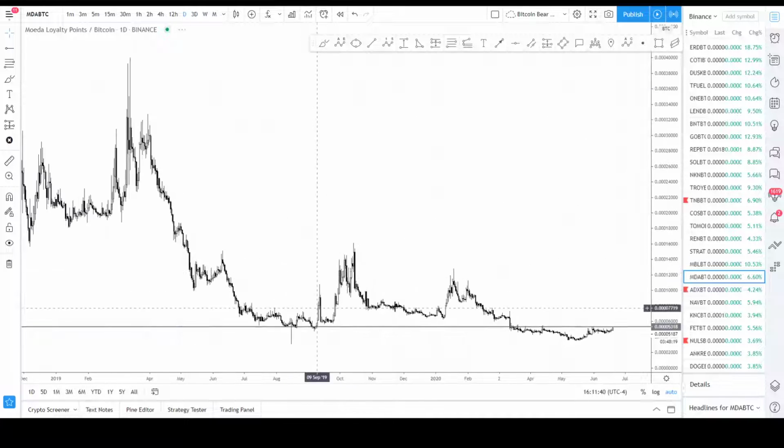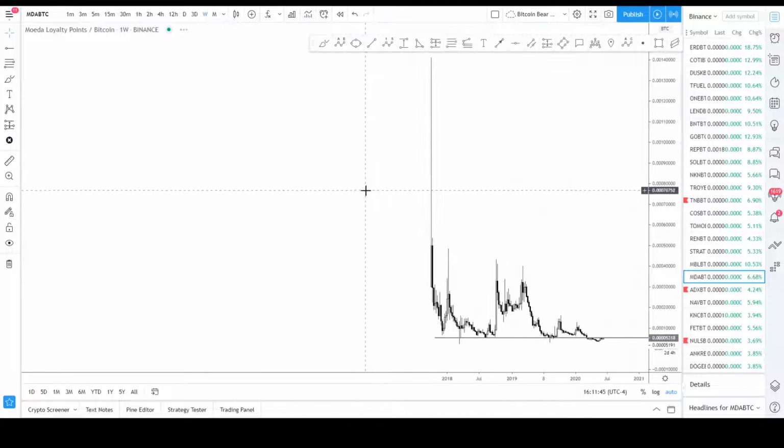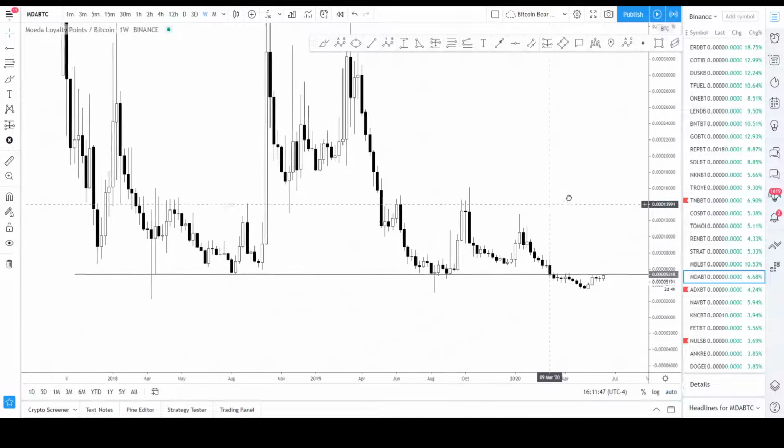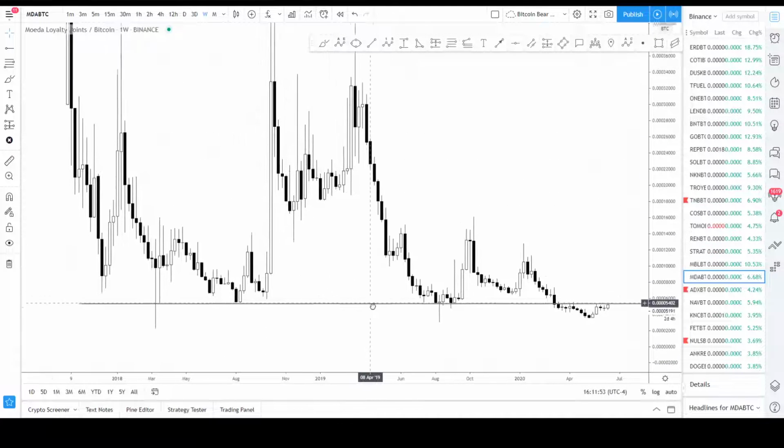Modea loyalty points has something to do with aviation, but this zone is really, really important if we take a look at it on the weekly. So I'm just quickly scanning. I'm teaching you guys how to quickly scan these altcoins because we talk about Bitcoin a lot, but I do want to cover these altcoins because